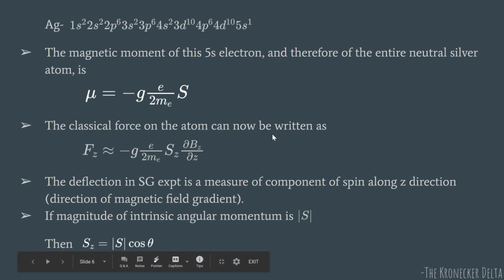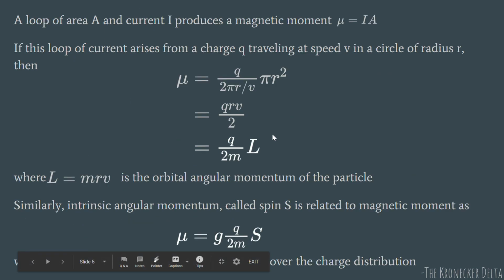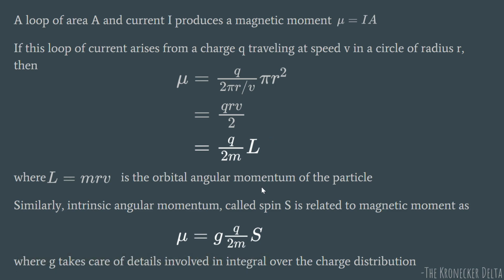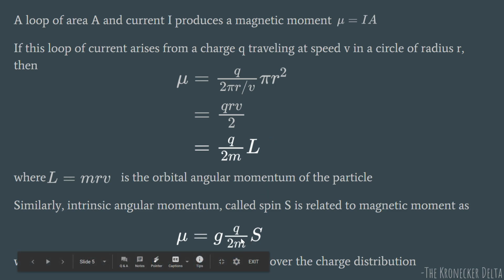Now what we see is you have silver atoms. A silver atom has neutrons, protons and electrons. Here we have a mass in the denominator. Since neutrons and protons are massive particles, there is negligible contribution from these to the magnetic moment of the entire atom. So we neglect it, and what we consider is just the mass of the electrons. What we care about is the electron now.